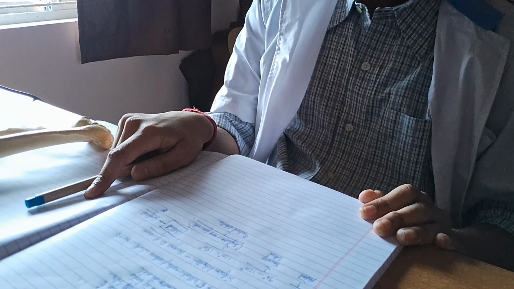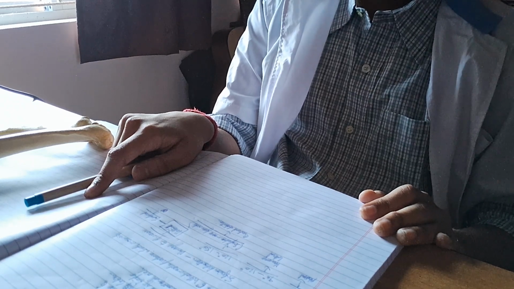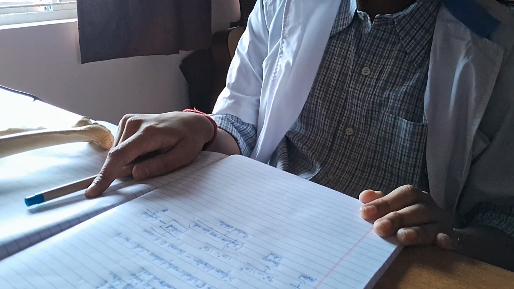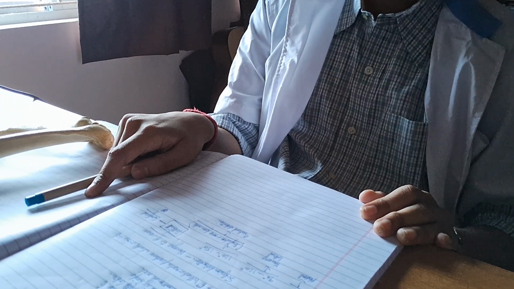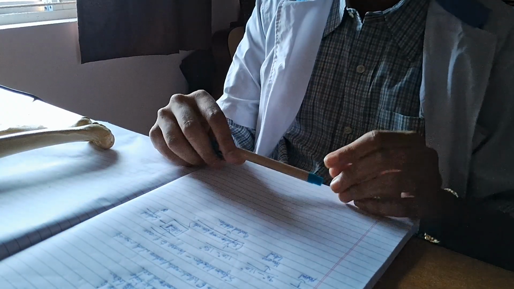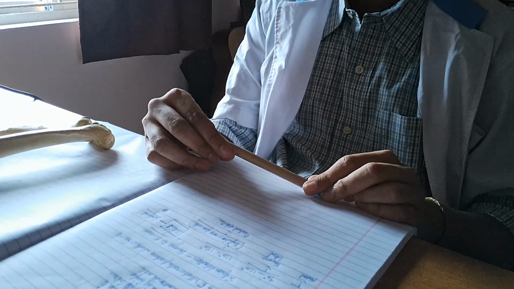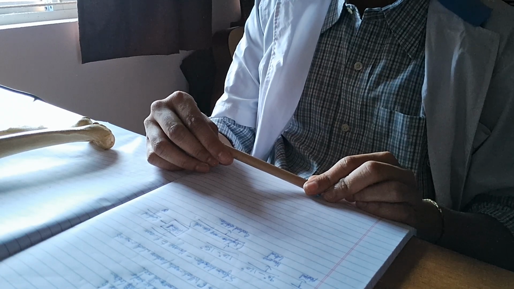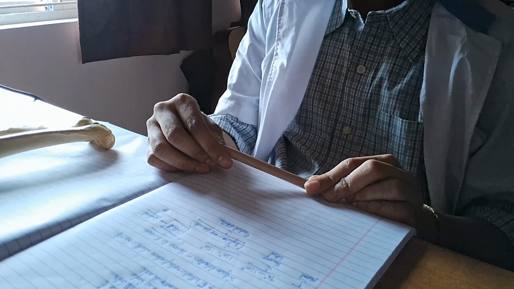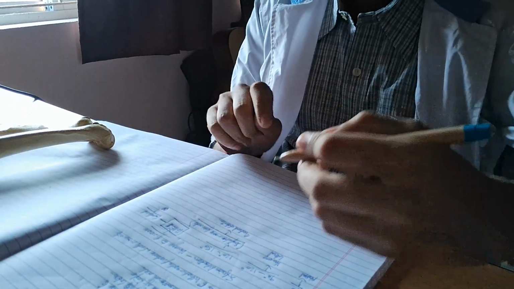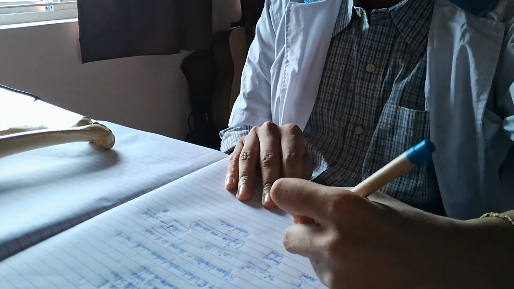So this is all about abduction and what happens when your axillary nerve gets damaged. Paralysis, due to which the deltoid muscle gets paralyzed and your overhead abduction is not possible. Coming to the movements,